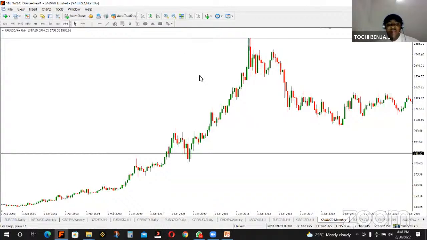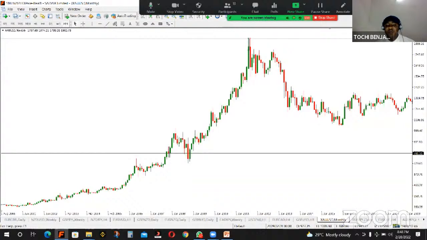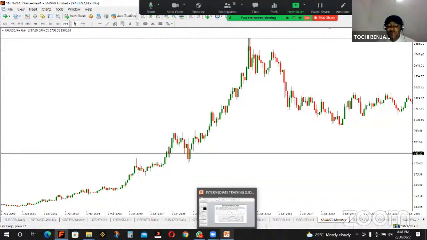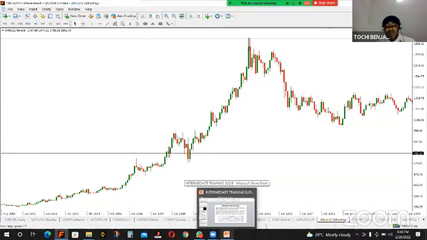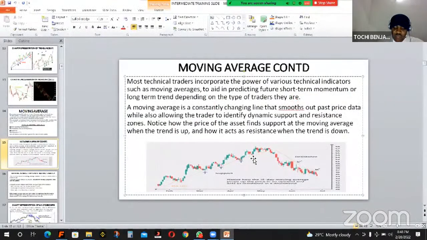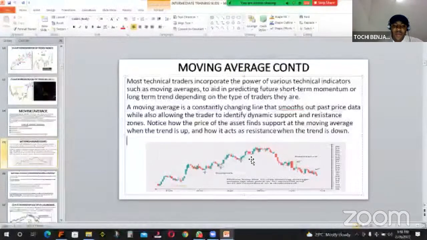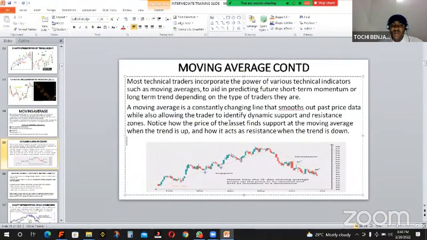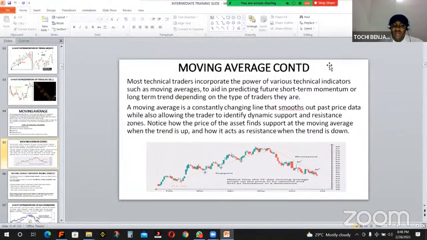Now, we say we have 4 types of moving average. We've talked about linear, simple moving average, exponential moving average, smoothing moving average and linear weighted moving average. These are the types of moving average you have on a chart. I will not dwell on these theoretical aspects. I have advised you to get your notes and go through them.